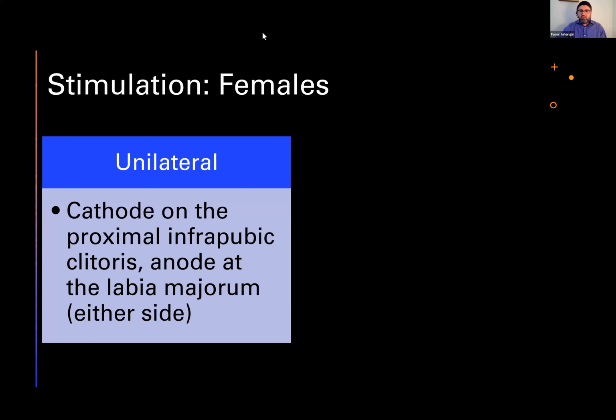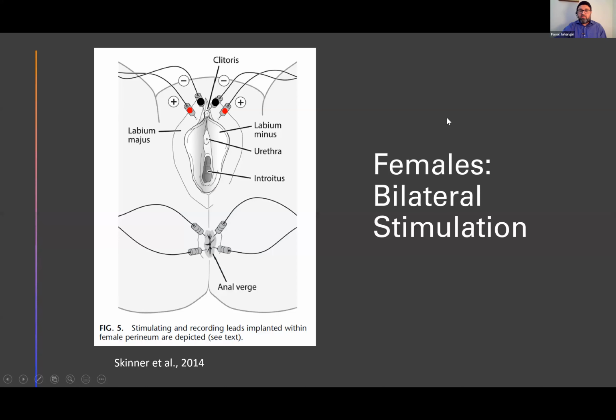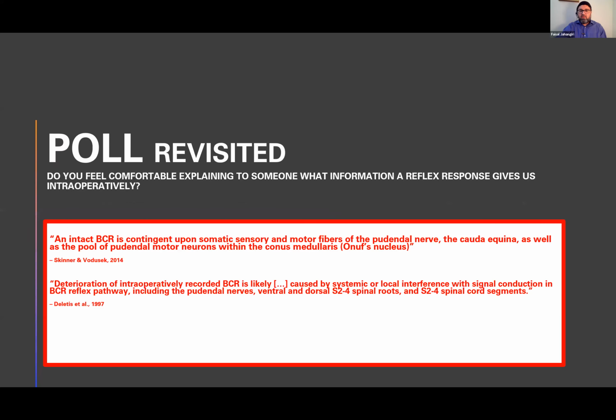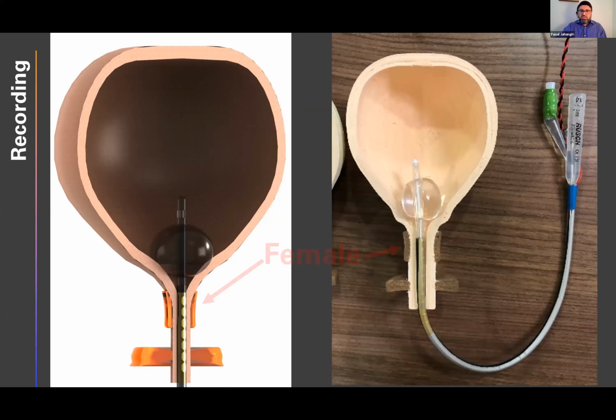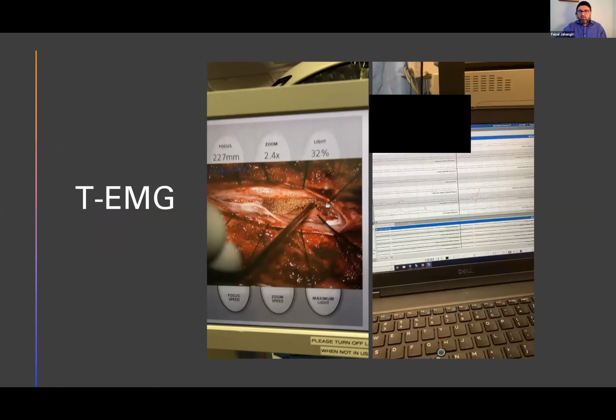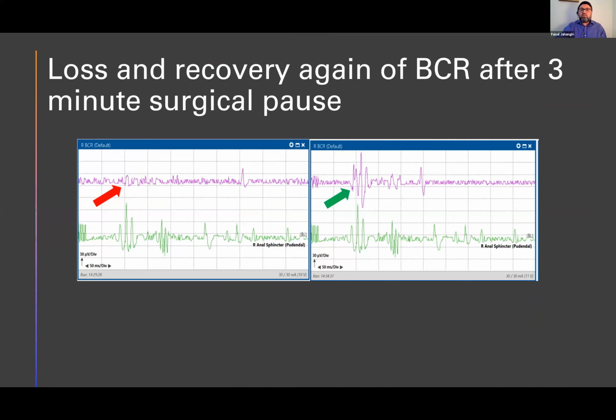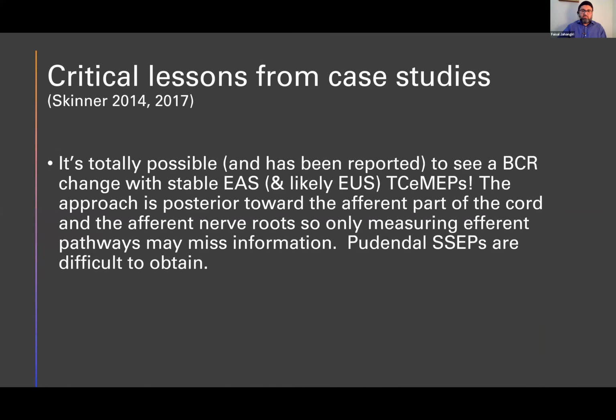So the two papers we published are available online. With EMG, we had a 100% success rate with the catheter, and on those patients, the anal sphincter was less than 80%. For MEP, we had 79% to 83%, as compared to TCMEP from the anal sphincter, which was less than this. So the success rate for EMG, triggered EMG, and MEP was much higher on the bladder in our study compared to the external anal sphincter, and they were more robust responses.